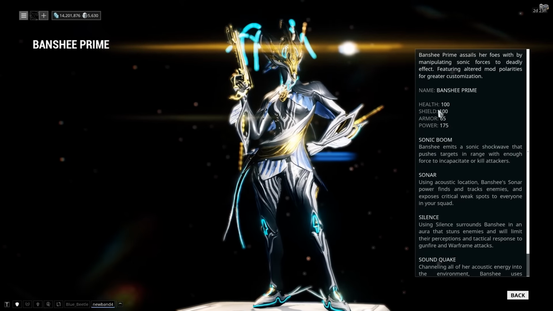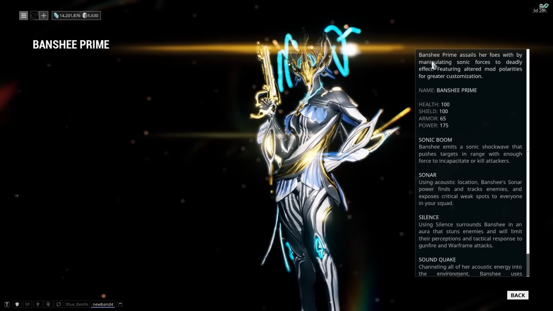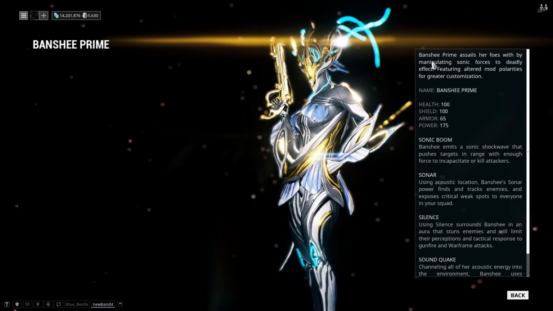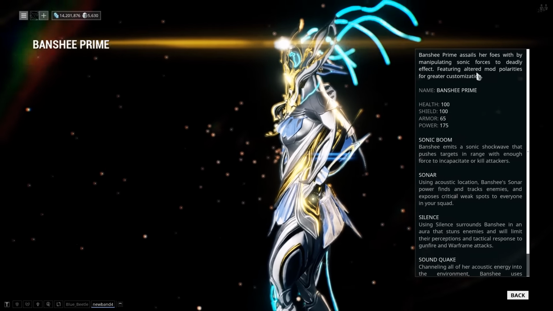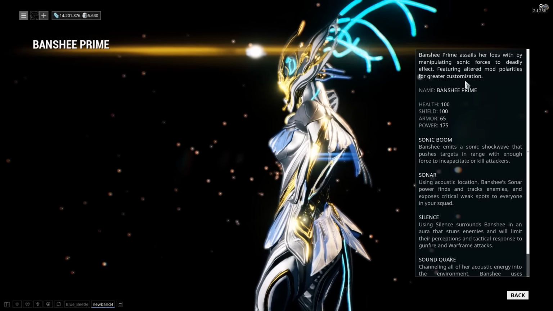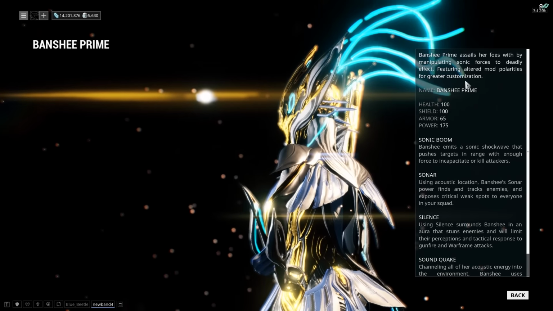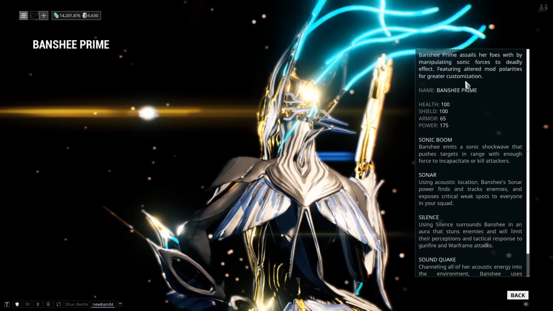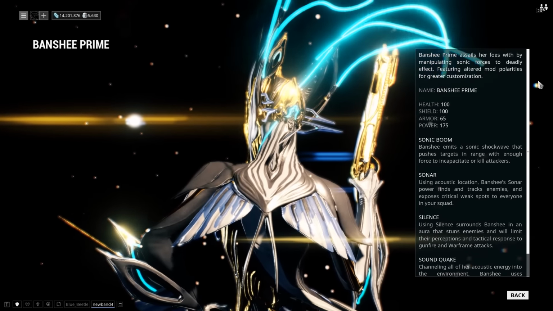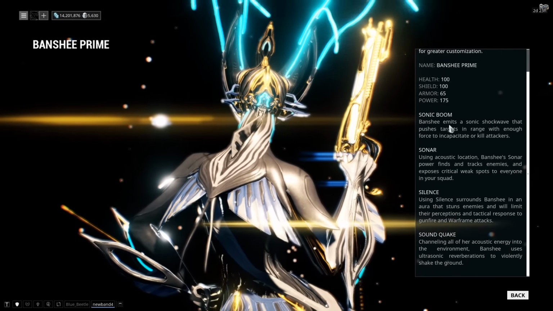But yeah, I want to go ahead and read out the description for her here, because I think they kind of messed up. Banshee Prime assails her foes by manipulating sonic forces to deadly effect, featuring altered mod polarities for greater customization. So I really doubt that that's what they intended to have in there. Maybe it's just because she isn't officially released yet that description is like that, but some grammar errors, not too bad. I'm not too sure if these are messed up,